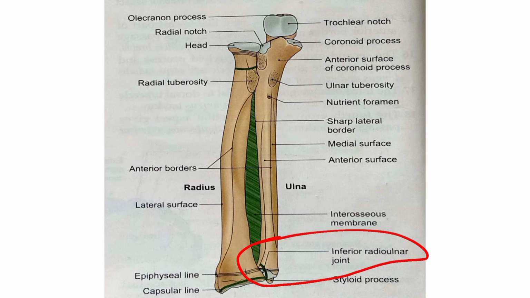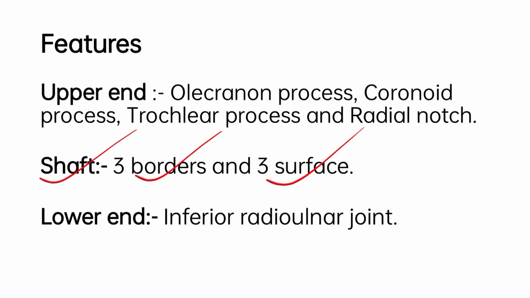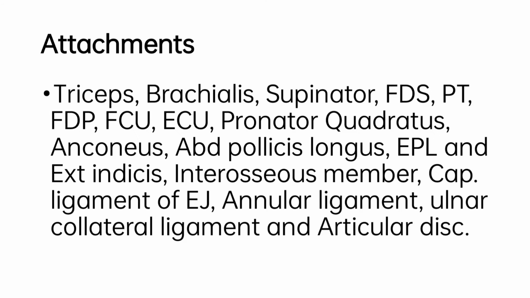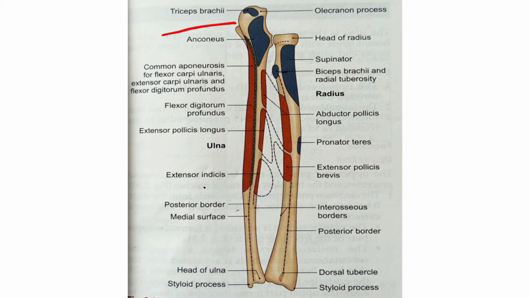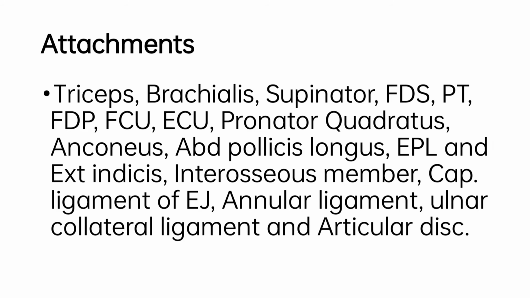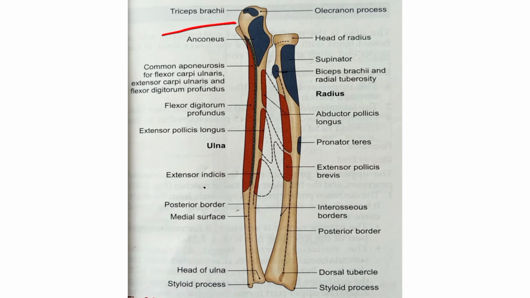Alright. Now, we will move further to the attachments. So first we have triceps muscle. Triceps muscle is inserted into the rough posterior part of the superior surface of the olecranon. Posterior and superior surface of the olecranon. The anterior part of the surface is covered by the bursae. Triceps is done, now brachialis muscle. It is inserted into the anterior surface of the coronoid process, including the tuberosity of the ulna. Alright, so brachialis muscle.